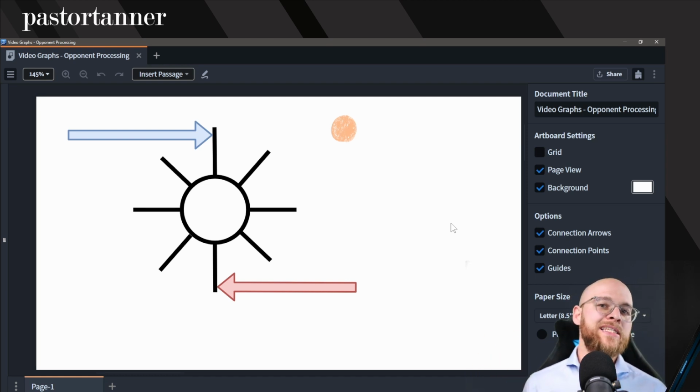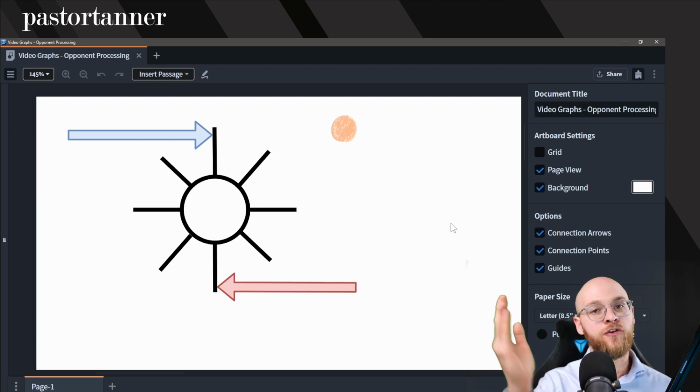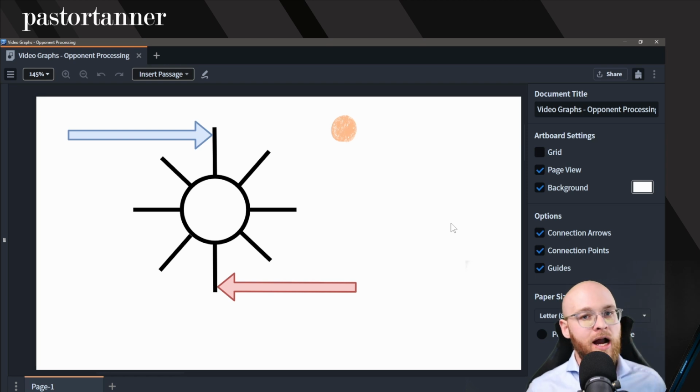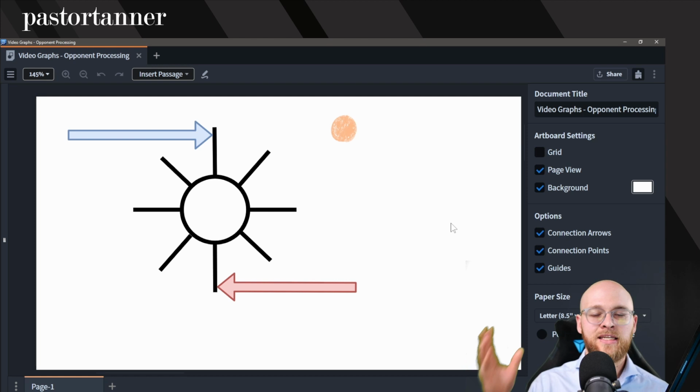A similar example in the human body of opponent processing is the human arm. The bicep and the tricep are opponent processes. They actually work against each other. But if you were all bicep and no tricep, that wouldn't be very good. And if you were all tricep and no bicep, that wouldn't be very good either. The opponent processing actually helps the arm to work correctly.